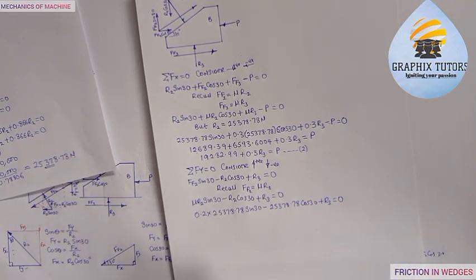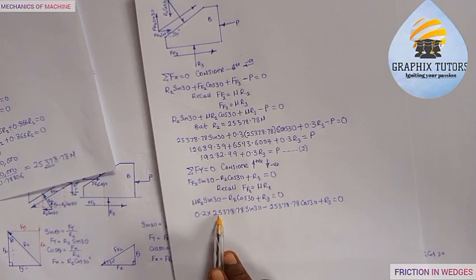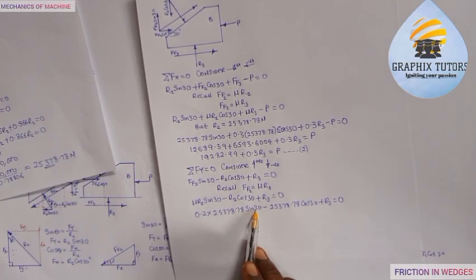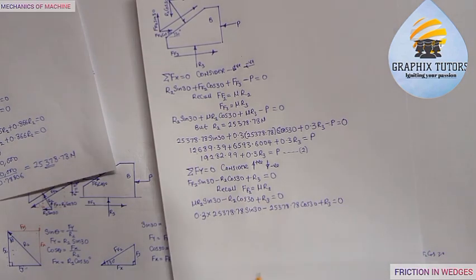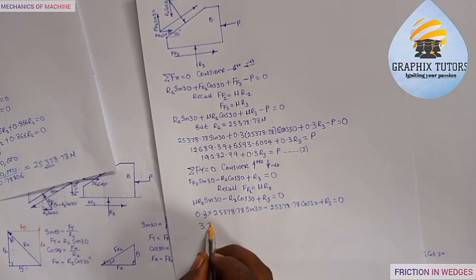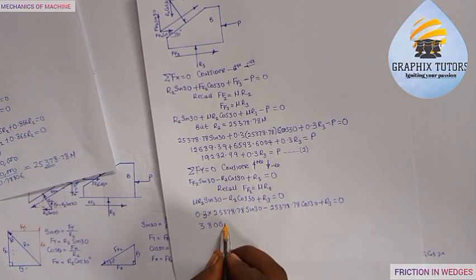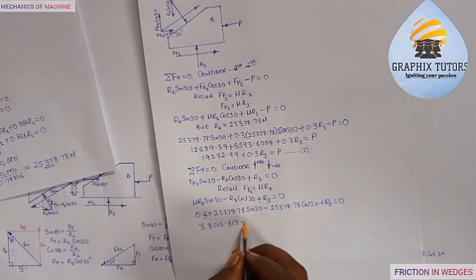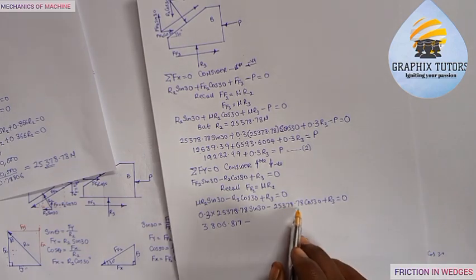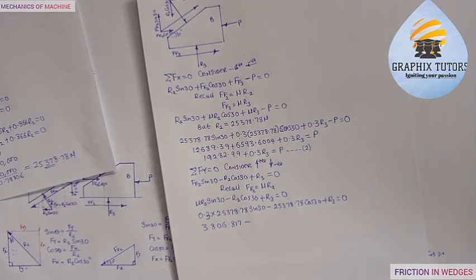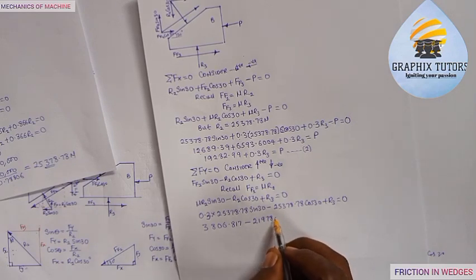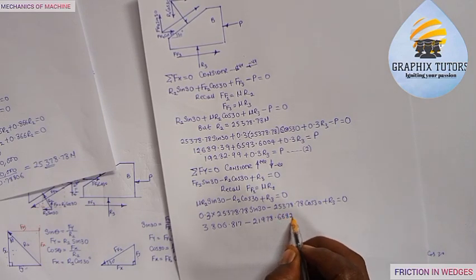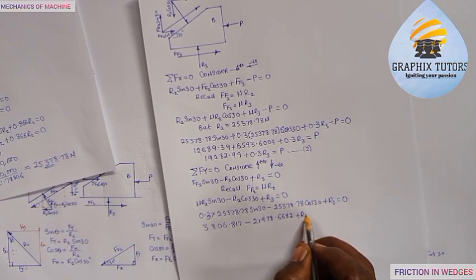Now if you do the needful here, you multiply 0.2 times 25378.78 sine 30, that will give us 3806.817, minus, if I multiply all this, 25378.78 cos 30, I will have 21978.668